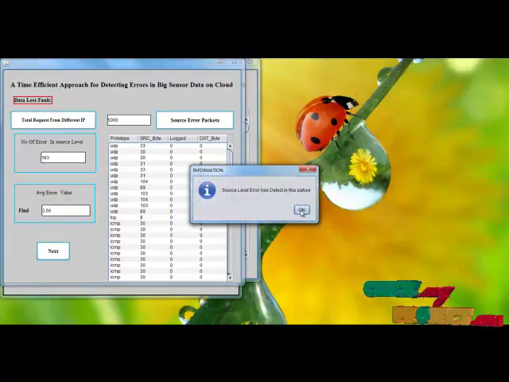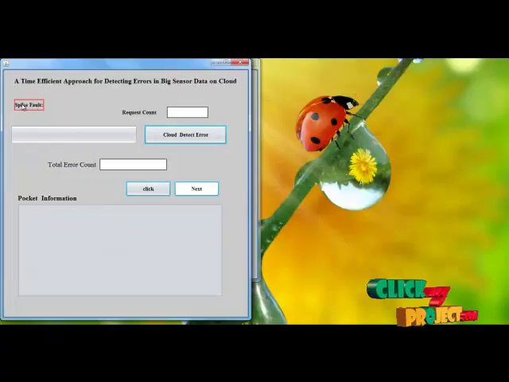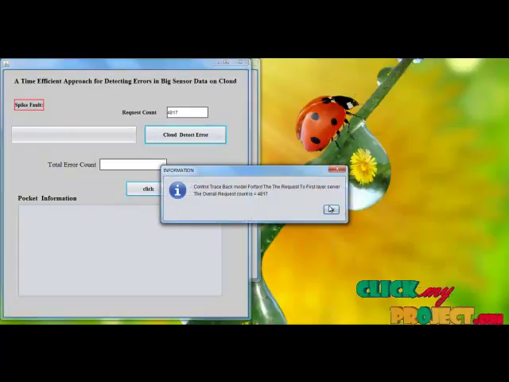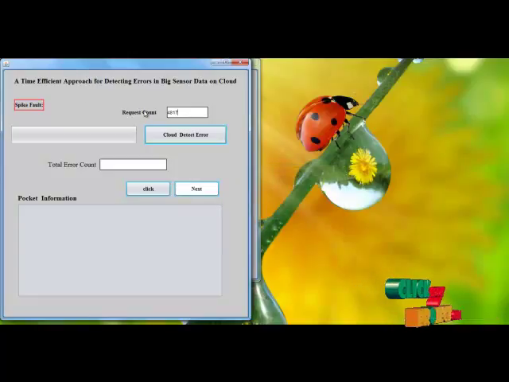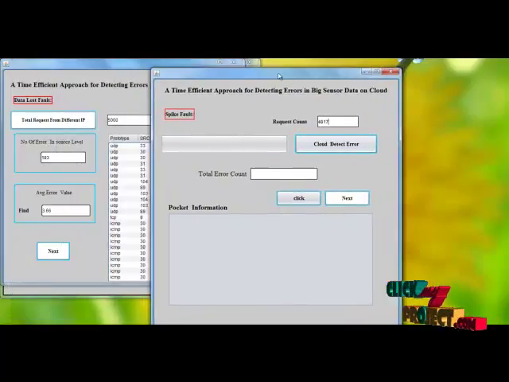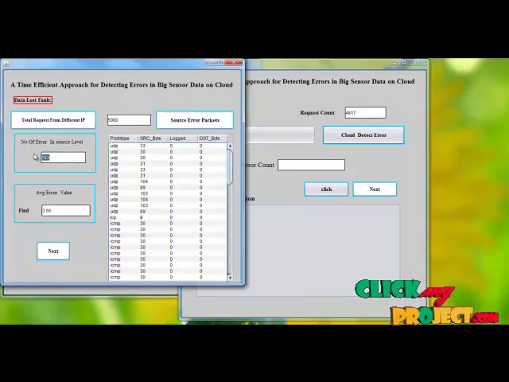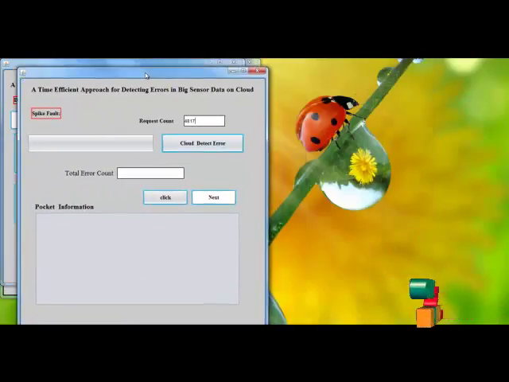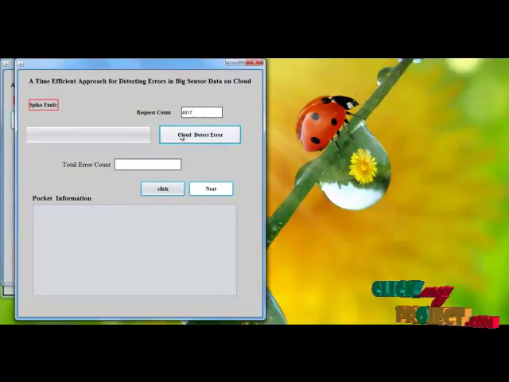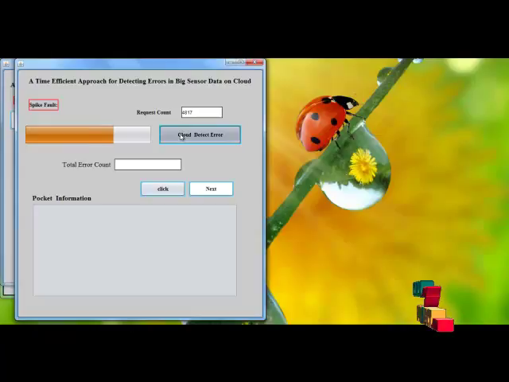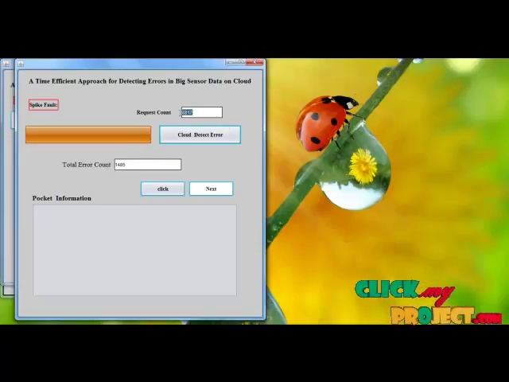Next, the spike faults. Here the total number of request count, apart from the 5000 we eliminated 183, and the balance is 4827 requests. Here we are going to find the spike faults. The spike faults are unpredictable and may occur at any time. This type of error we define here, and in the balance